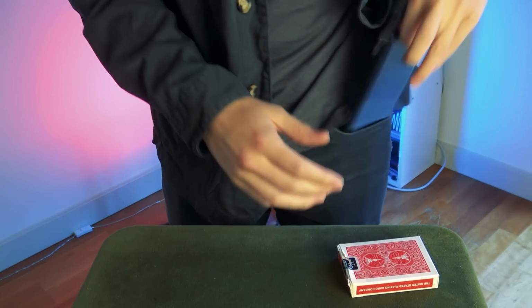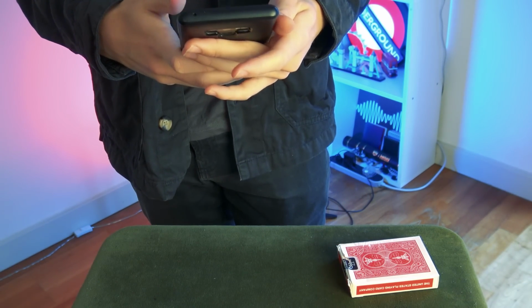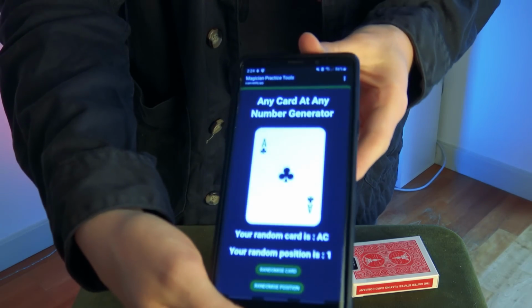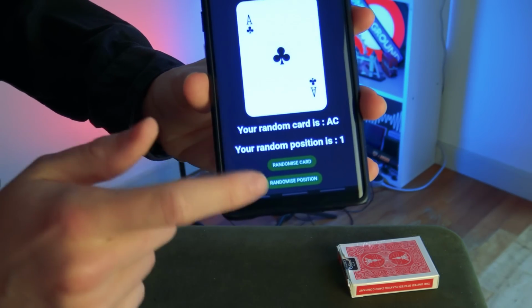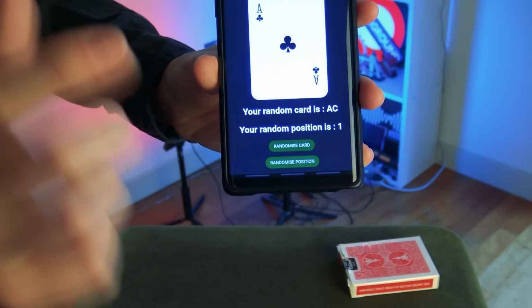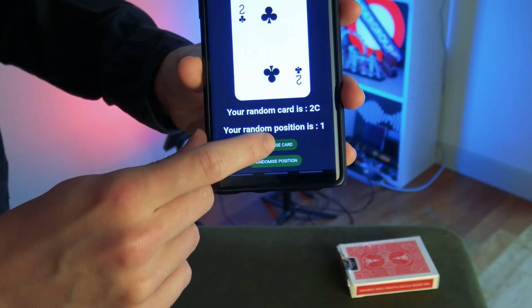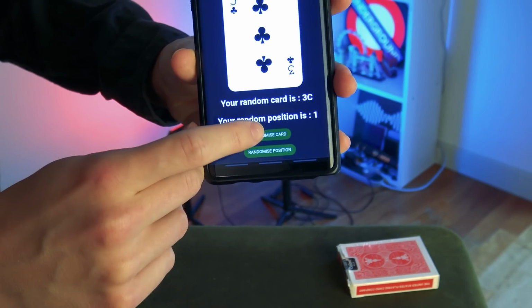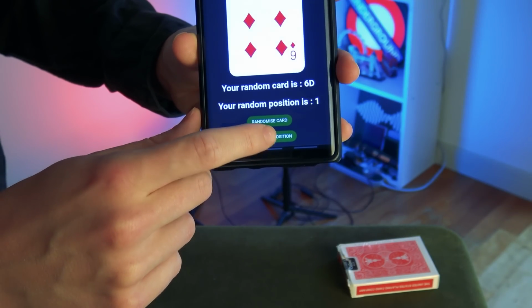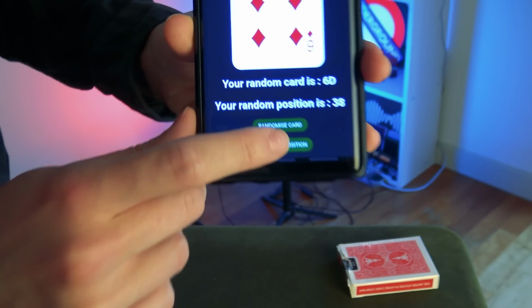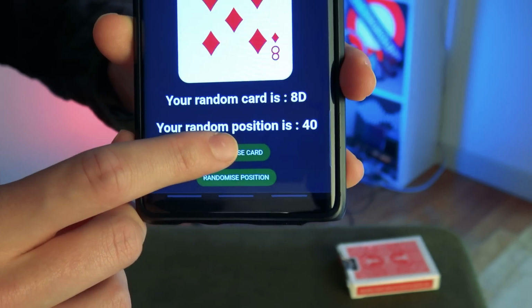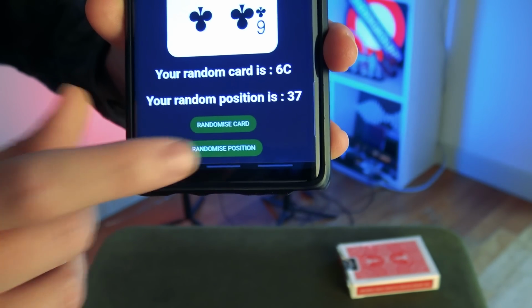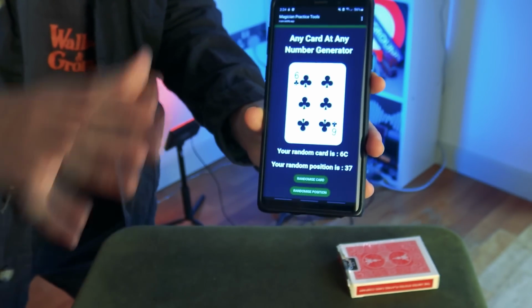And obviously, I'm not going to just name a card and a number, so I've got this to help me out, which is an any card, any number generator, right? Which obviously makes it totally fair. It's got two buttons. You can randomize the card and you can randomize the number. So let's just randomize the card. You see the number stays at 1, but we can change the card a load. We can change the number a load. I'll zoom right in here, show you this. We'll change the number a bunch. Back to changing the card, back to changing the number. The spectator can play around with this as much as they want.